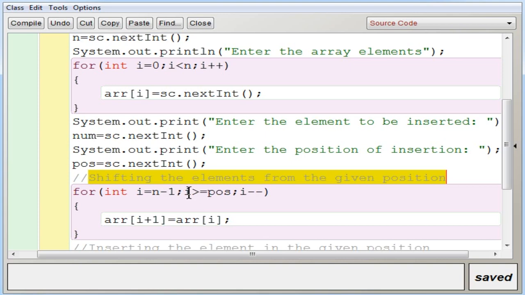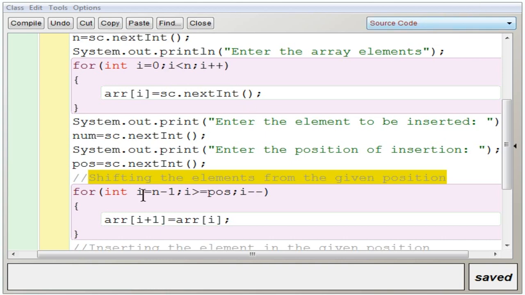And then you have to go till the position value. Suppose I am going to enter 3. So I have to shift the values from the fourth position till the third position. That means fourth position to fifth position and third position to fourth position, so that the third position will be empty where you can store the element.